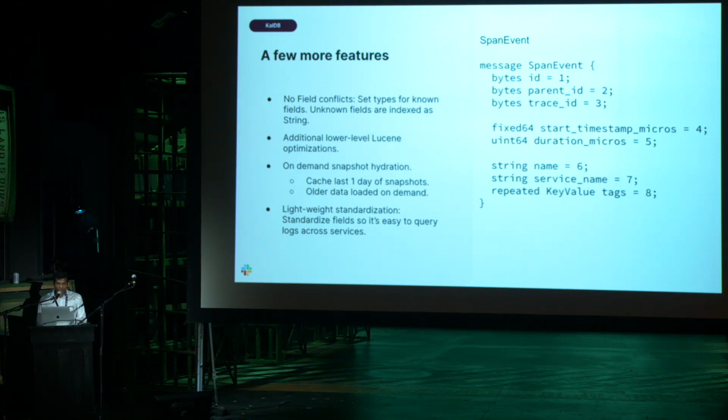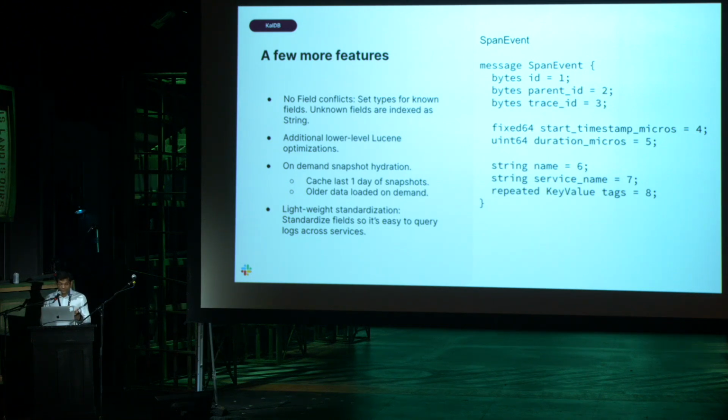We convert all our logs to a standardized format called a span event format. There are several features that I'm not going to go into in this talk, but one of the features is we add a service name. One of the common problems in our logs is that in Elasticsearch, you map a service name to some magic index pattern. While this is good, a lot of people during an incident who are not familiar with your service do not know what that service pattern is, and it's hard to find the logs.